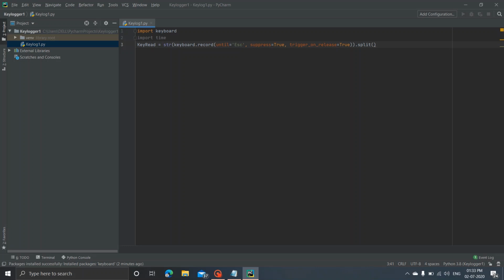keeps on taking place. And then suppress true, this is another attribute, you just need to give suppress equal to true, and it takes a boolean type of expression. Booleans mean zeros and ones, true and false, so it's a boolean type variable. It takes a boolean type value, so I have given it as true. Now when you point towards this, it gives you the definition of what these variables and expressions are used for. Now trigger on release, when you